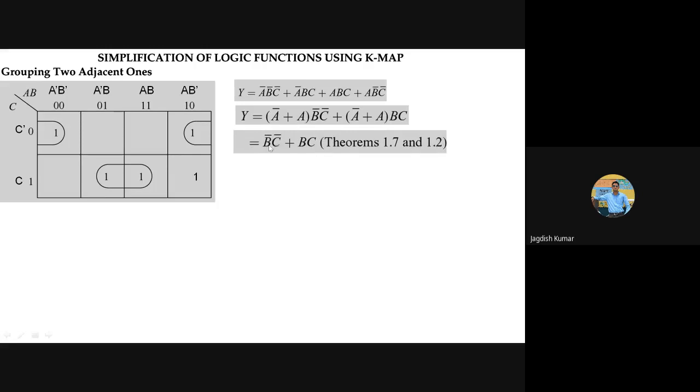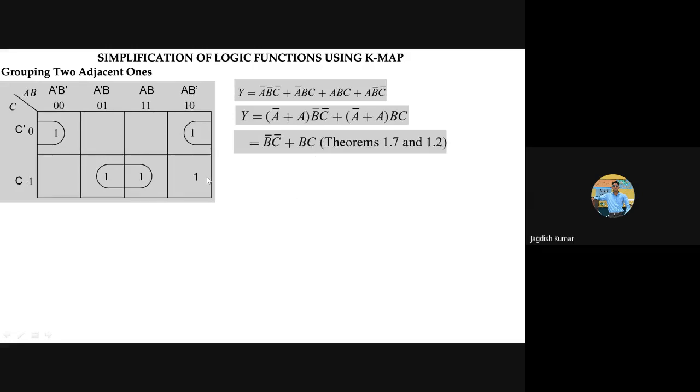So these terms are already going to be there. Y is equal to B bar, C bar, BC. These pairs are already there, so they will give the term. There will be some additional terms because of this one, isn't it? So one way of writing it is B bar, C bar or BC, and then what will this give you? A, B dash, C. But that is a term containing 3 literals: A, B dash and C.